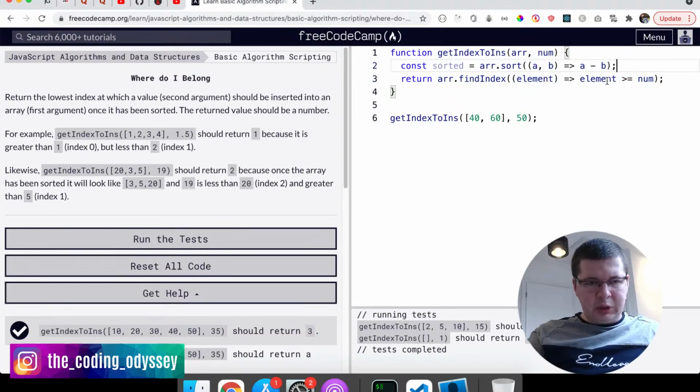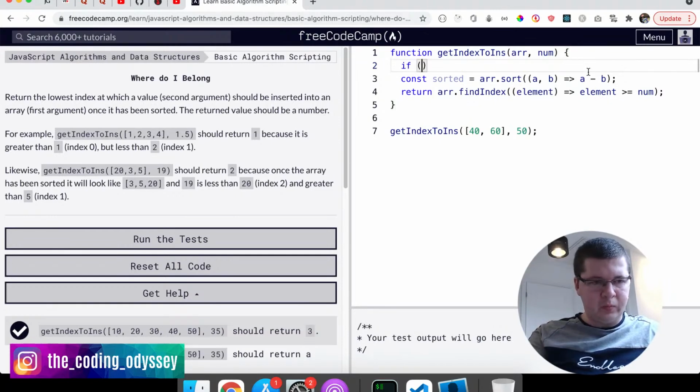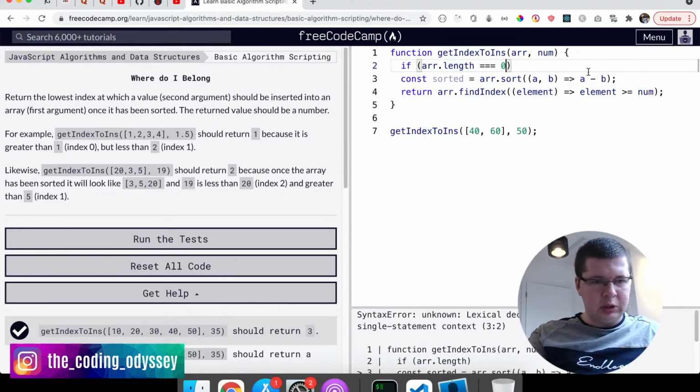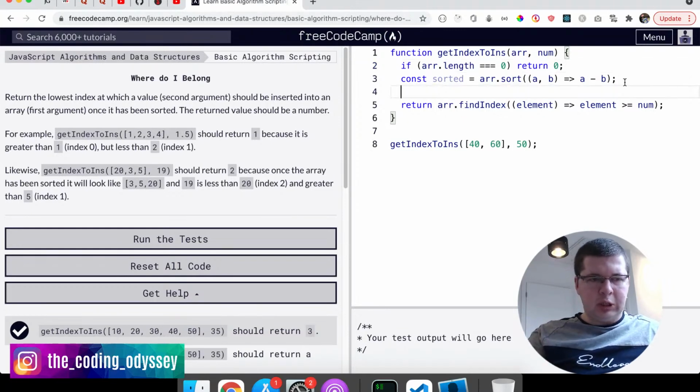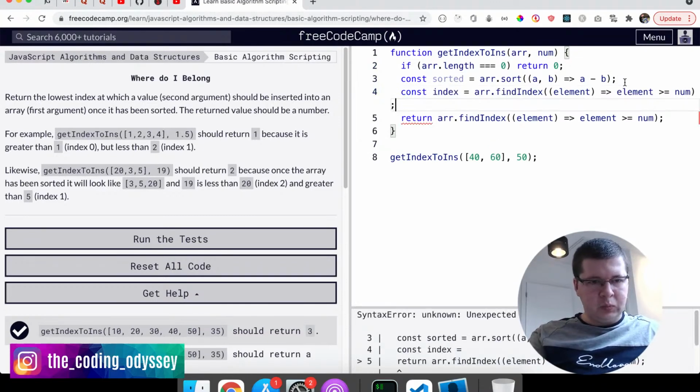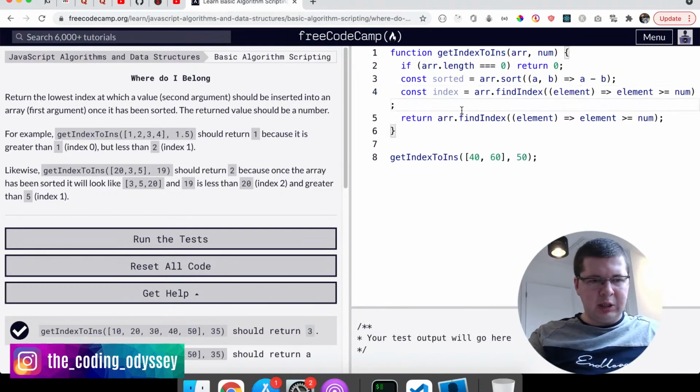Well, first of all, we can have an edge case at the beginning where we say if the array length equals 0, return 0, because if there are no elements, then the element should be inserted at position 0, right? And then we can say const index equal to whatever we were returning before, and then we can return using a ternary operator, which is basically like an if, and we say index